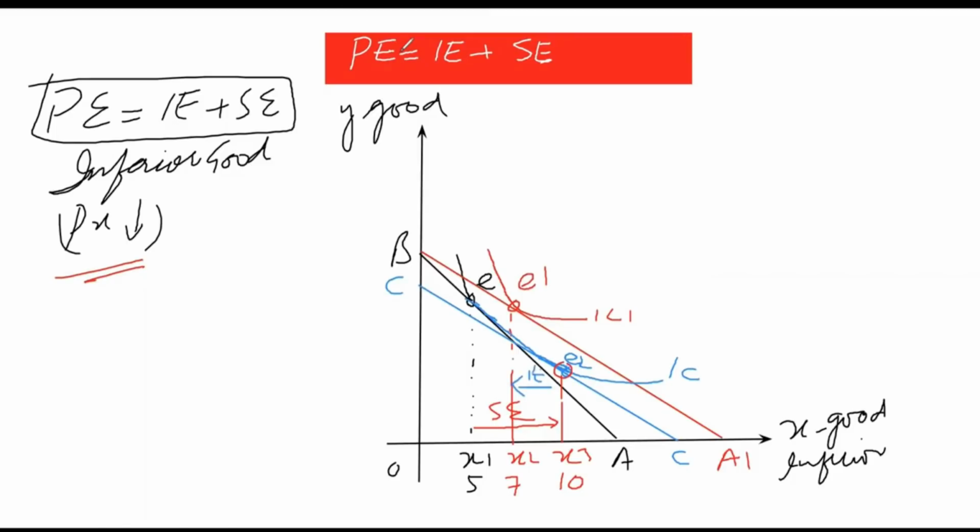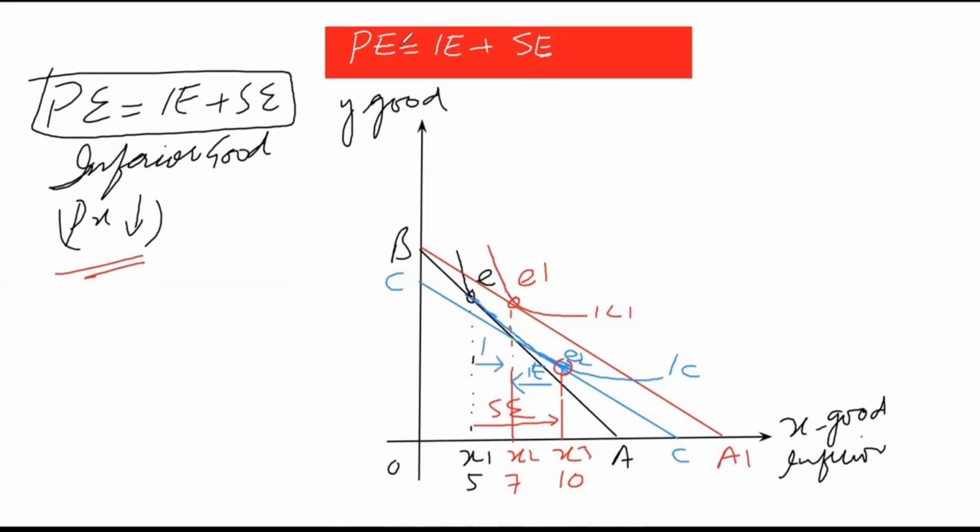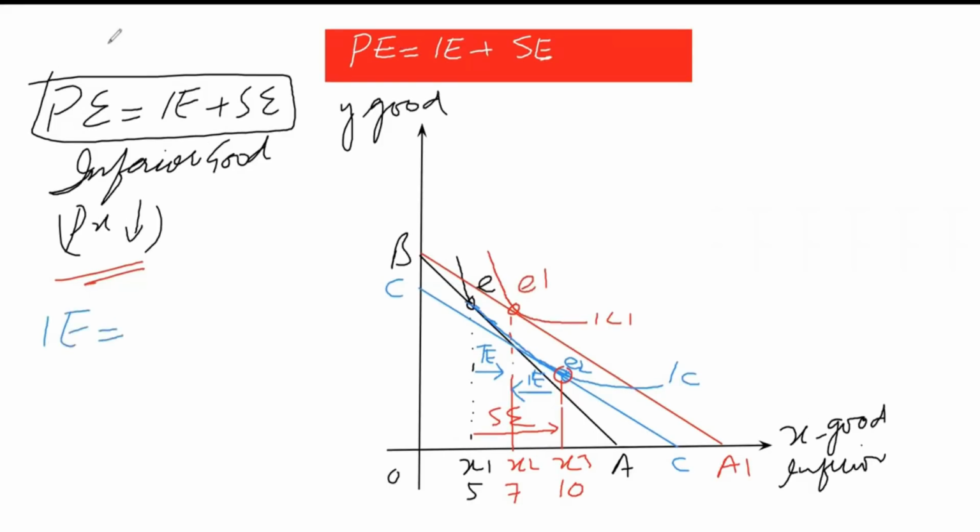Now we can find the income effect, that is the difference between two parallel lines. So the equilibrium quantity on the two parallel lines BA and CC are, one equilibrium is at point E1 and the other is at E2. So income effect is between E1 and E2, that is 10 minus 7. And the total effect or net effect would be the gap between 7 and 5, or X2 and X1. Income effect is equal to 7 minus 10, which is equal to minus 3.